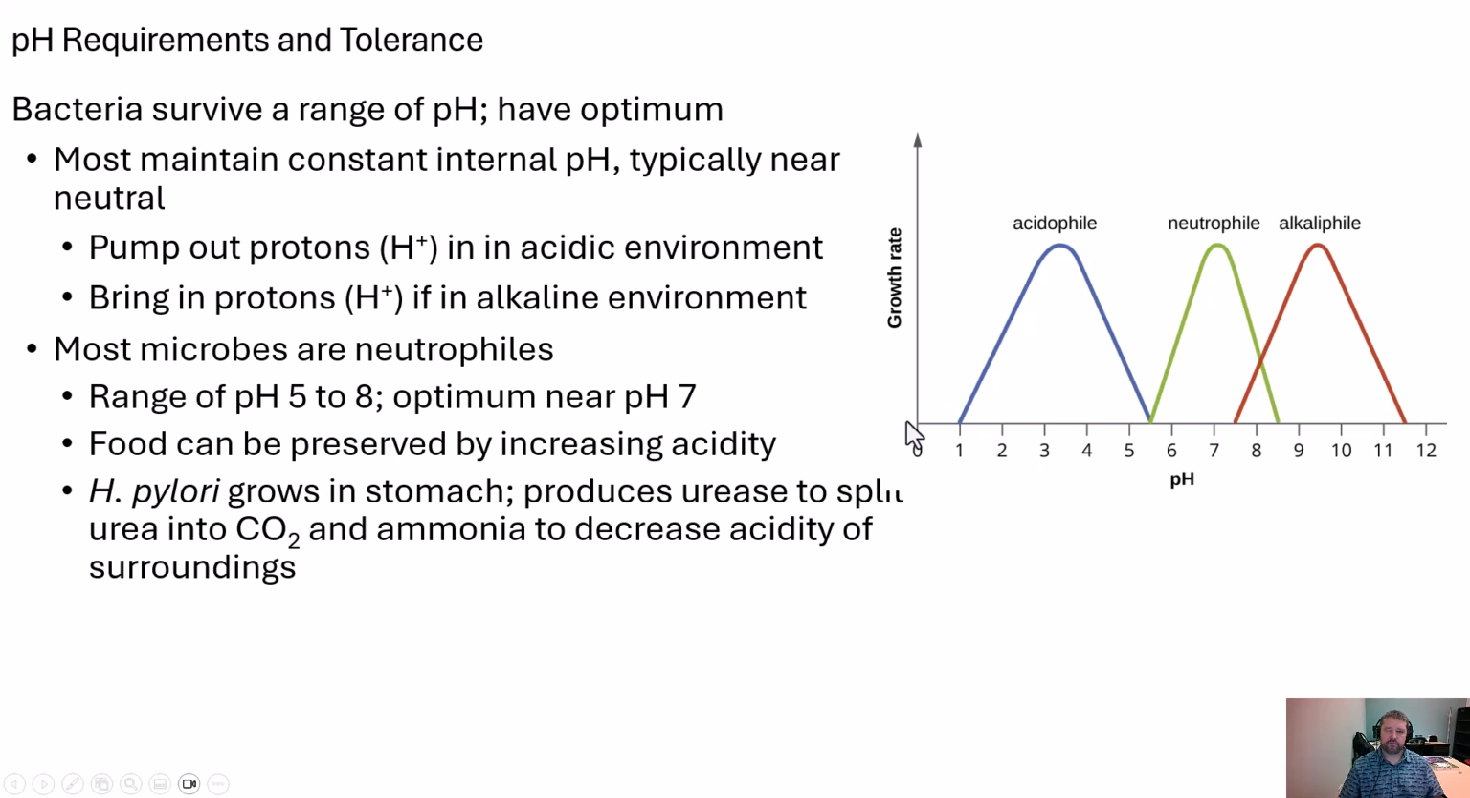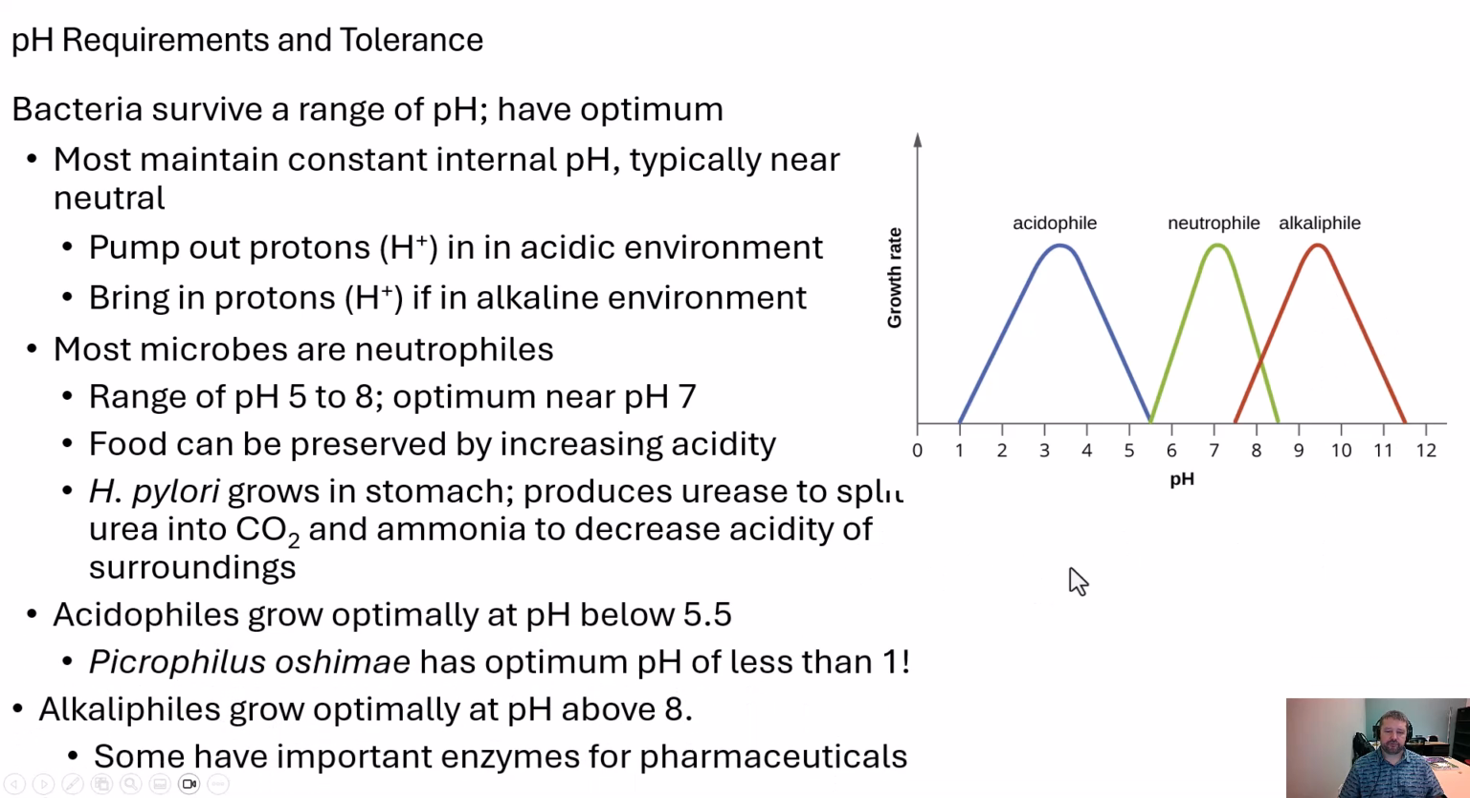Okay, so you have these acidophils that basically live between pH 5 and 1, although there are species of bacteria that live in environments that are less than 1. Okay, neutrophils right around that 7, and then the alkaliphiles would have an optimum around 9.5, somewhere in there. Okay, so acidophils, most of the time, like I said,